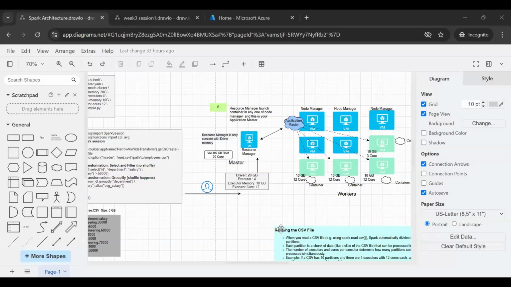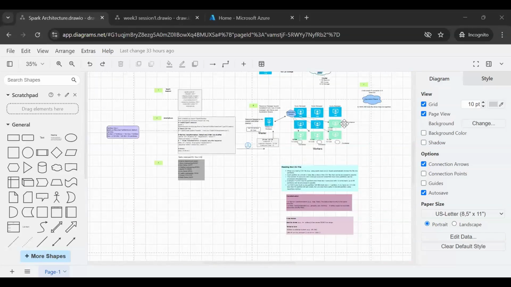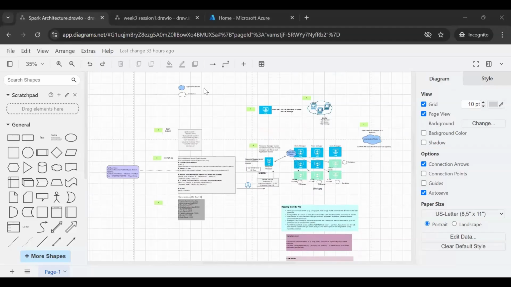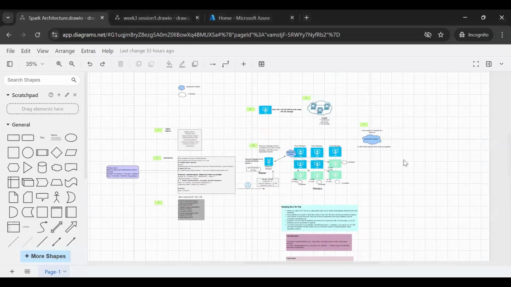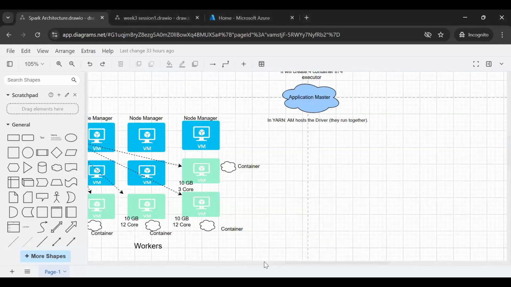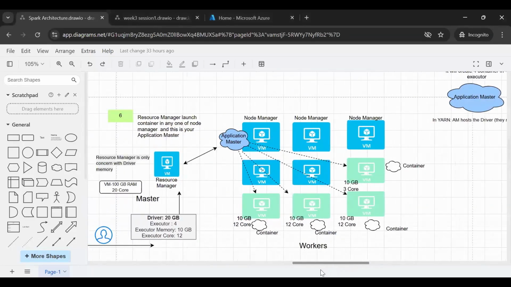So now guys, first of all, yesterday we talked about this architecture, right? I gave an overall idea of how things happen in Spark. Let me maximize this. I will just quickly go through it. So in Spark,